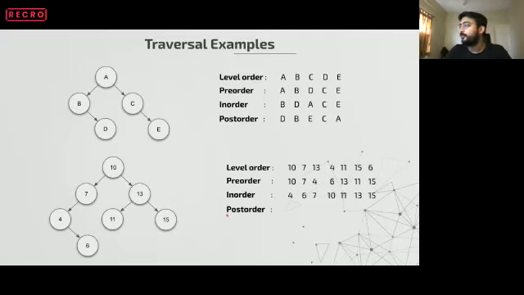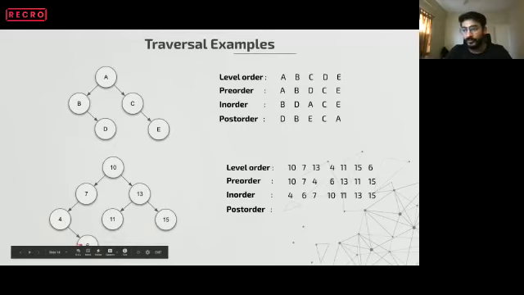Now let's go back to post order. So we start with post order. We start with the root, but we cannot process the root yet. We'll start with left child. But we cannot process 7 yet. We go to left again. We cannot process it yet. We go to left. There's no left, but we go to right. So we see 6. So 6 is our first output.